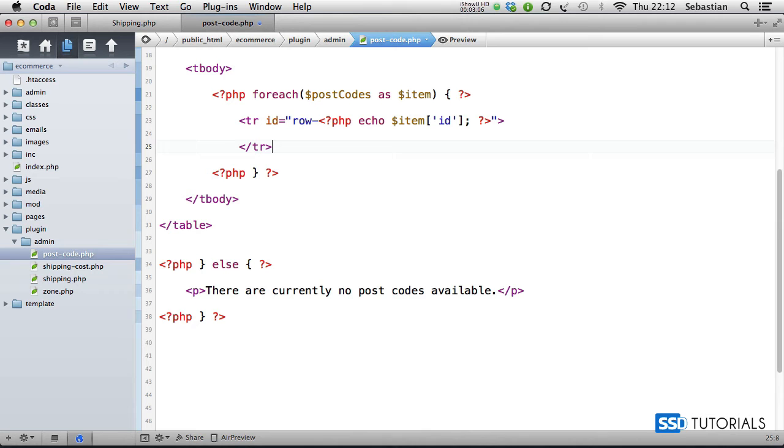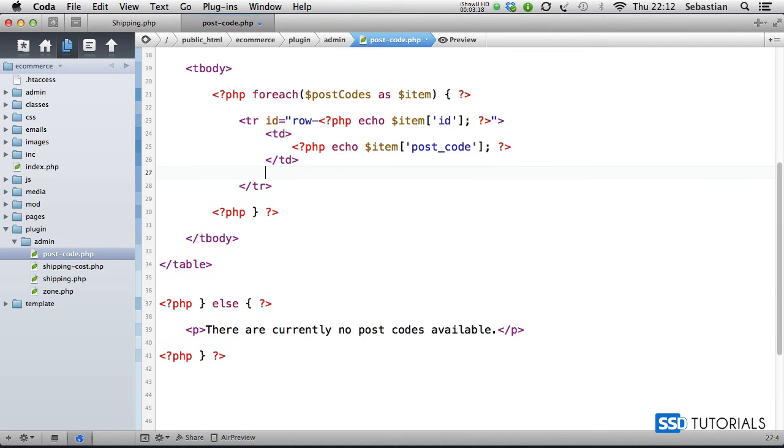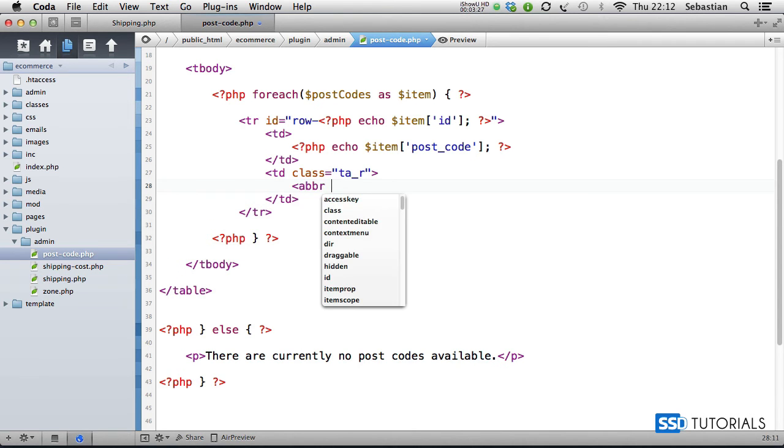Then we close this tr, we go for the table cell, so td. First one simply is the label, so echo item post code semicolon closing it, and the second one is td class tra underscore r. And here we create the link to obviously remove the record,